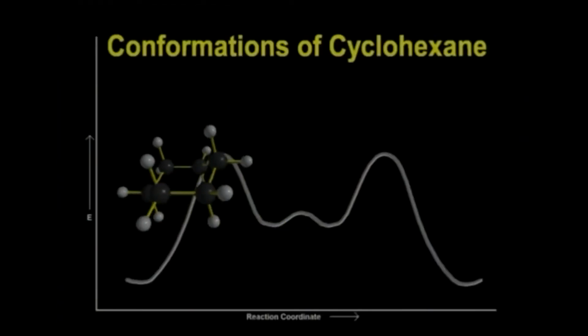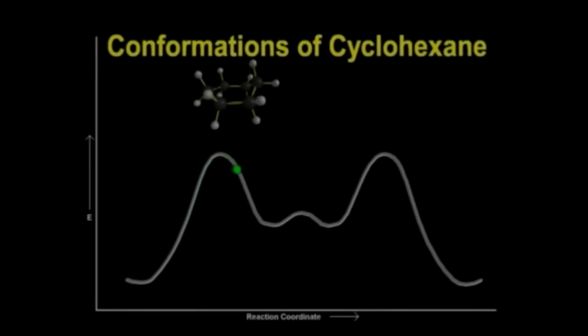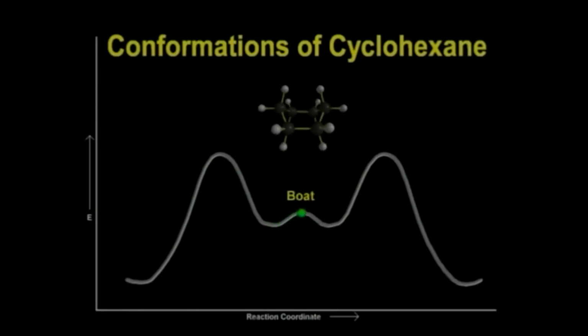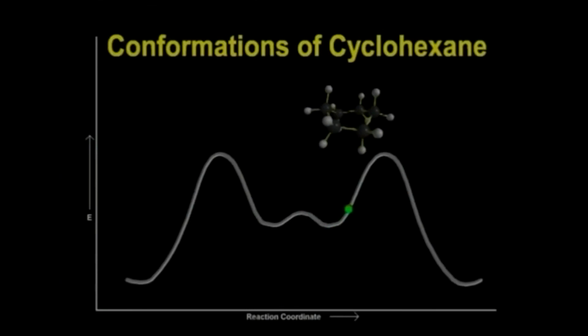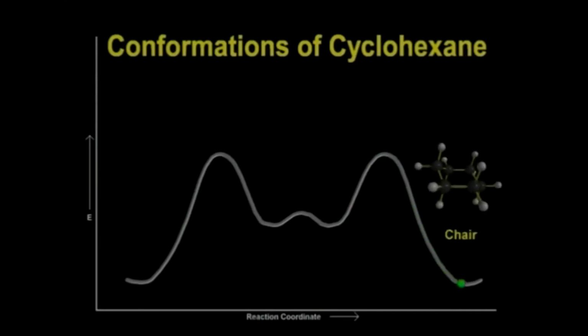I will try to explain with the help of the same animation with regard to this energy profile diagram. You see, now you can see the same thing with the presentation which I have shown earlier. I am putting it down, see, this is the twist boat, and then again goes to boat, and then again you can see the animation also. This is the twist boat, and then it is going up, and here this is the least stable one, and it is coming down, and this is the chair.